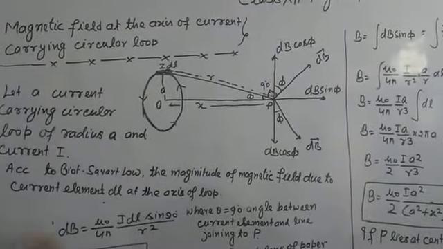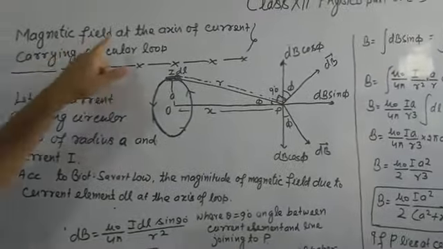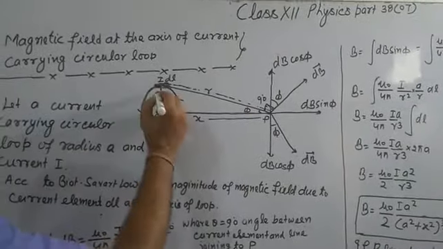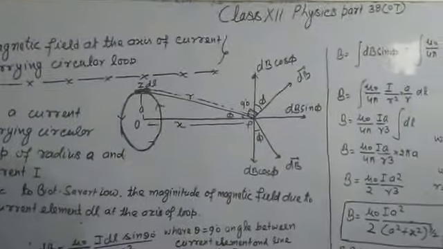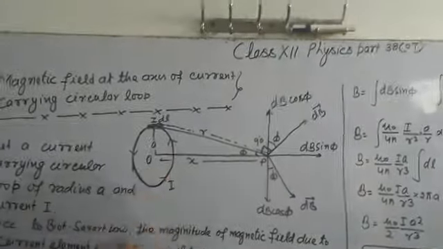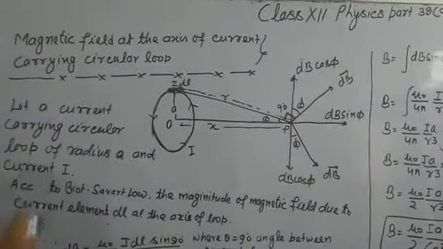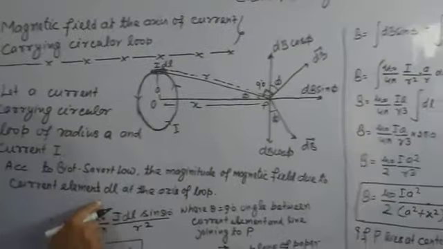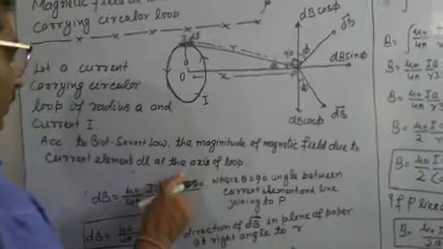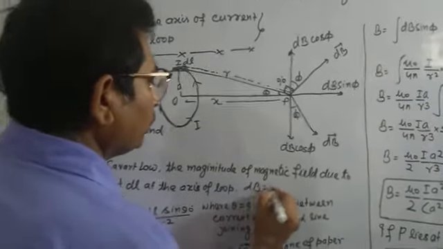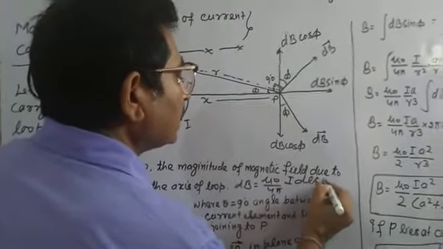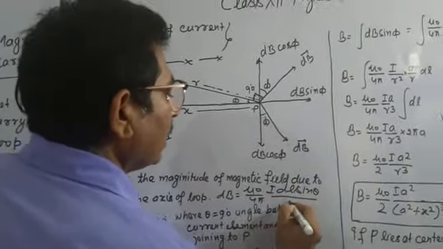I am going to explain the magnetic field at the axis of a current carrying circular loop. Let a current carrying circular loop of radius a, as shown in the figure, with center O and current I, be anti-clockwise. According to Biot-Savart law, the magnetic field due to the current carrying element at the axis of the loop, dB, equals mu naught upon 4 pi I dl sin theta upon r square,